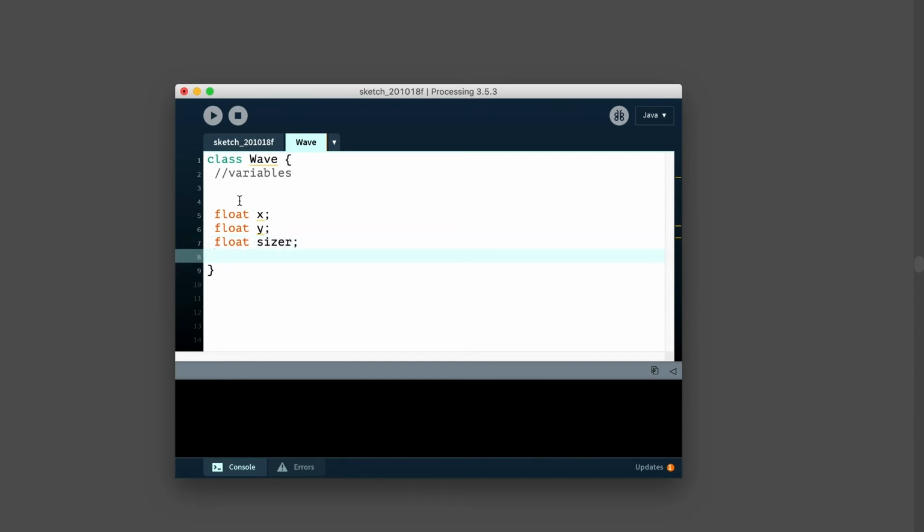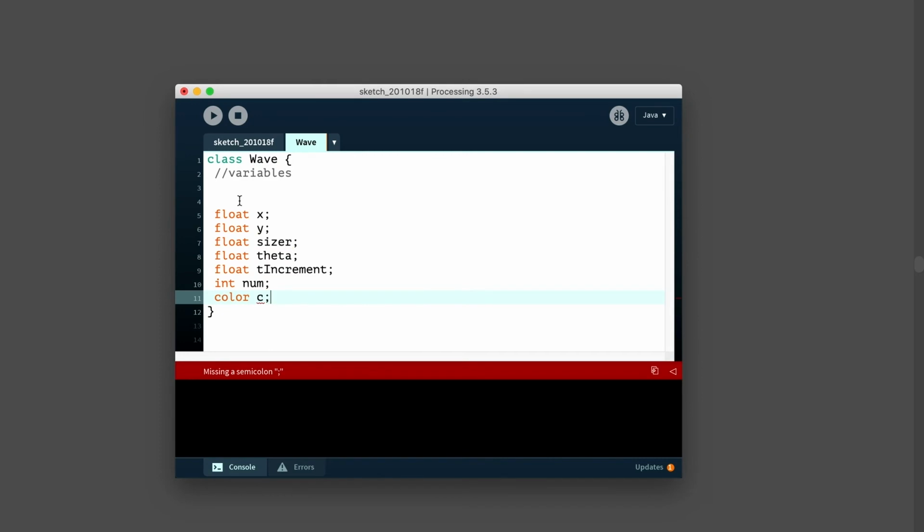Because I'm going to be using sine waves, I need something to stand in for angles. So I'm using theta. I need an increment to that. How quickly is that angle changing? So I'll call it t increment. int num will be the number of bars or forms that I have, and I can throw a color in there as well. I think that will also work.